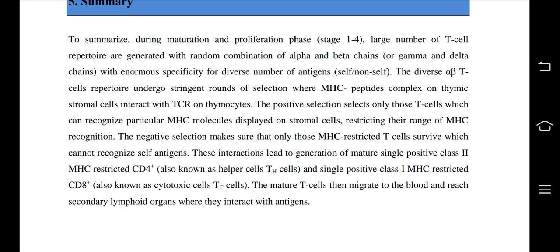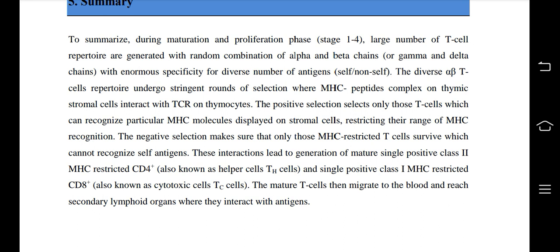Positive selection ensures only those T cells which can recognize particular MHC molecules displayed on stromal cells survive, restricting their range of MHC recognition. Negative selection makes sure that only those MHC restricted T cells survive which cannot recognize self antigens. These interactions lead to generation of mature single positive class 2 MHC restricted CD4 plus, also known as helper cells or TH cells,